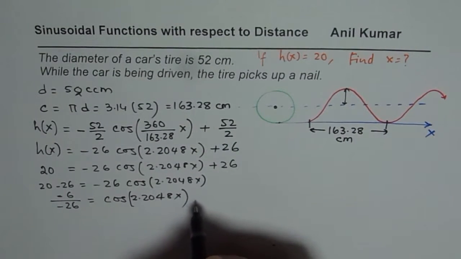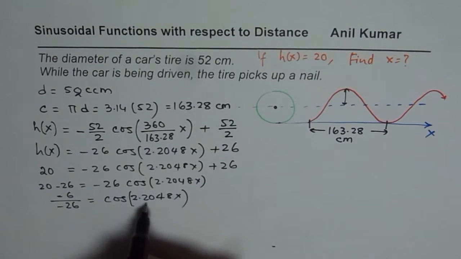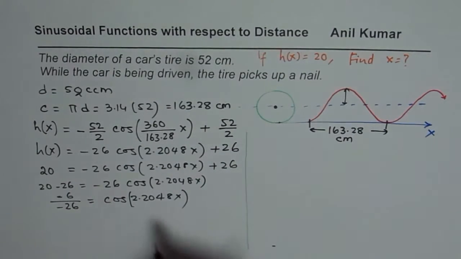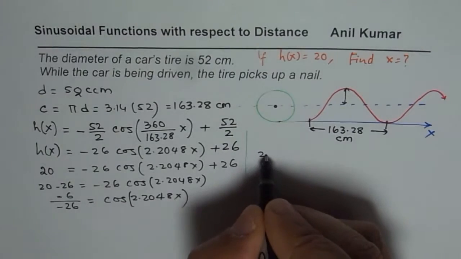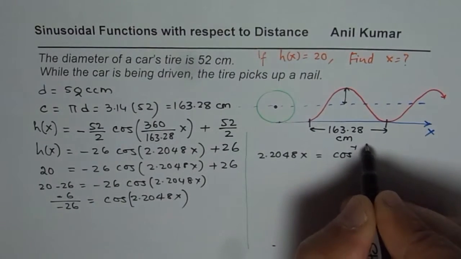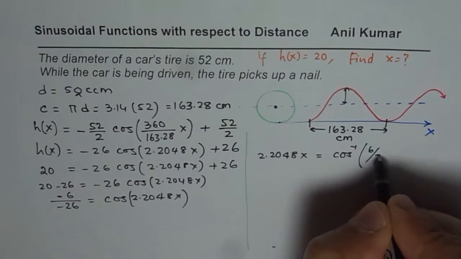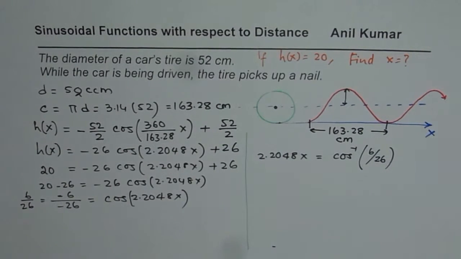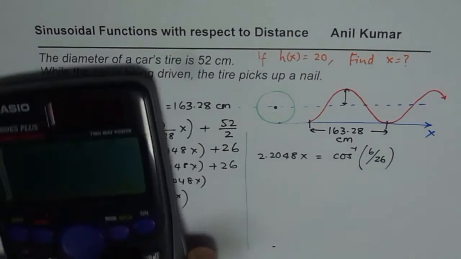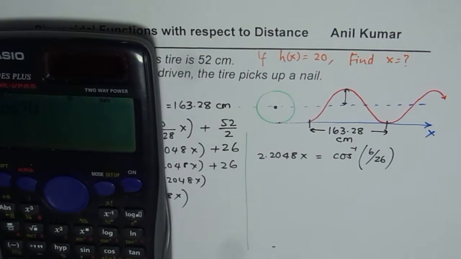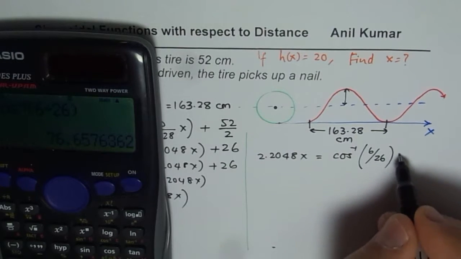Now we can find cos inverse of this. So that should be equal to, let us solve this on the right side now. From here we can say 2.2048x = cos inverse of 6/26. Is that okay? Because that is positive, right? This is 6 divided by 26. So let's use the calculator, and we say shift cos inverse 6/26, which is equal to